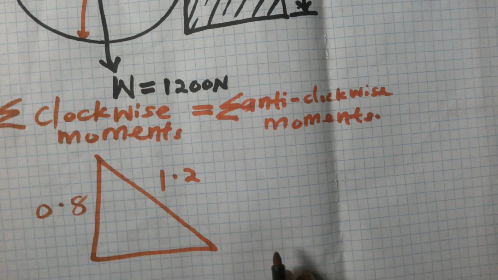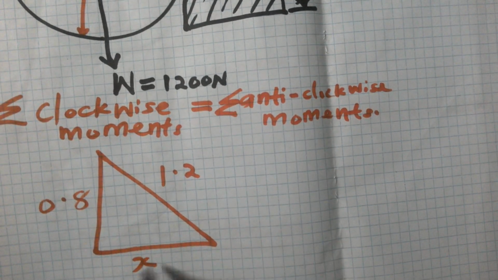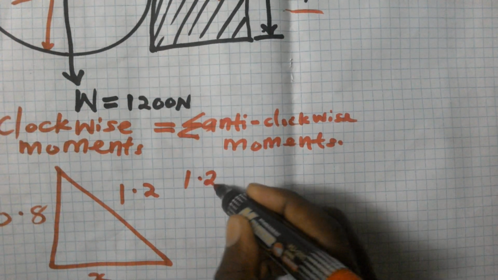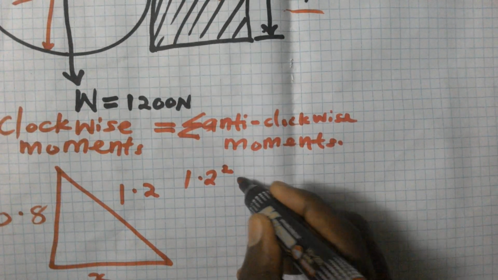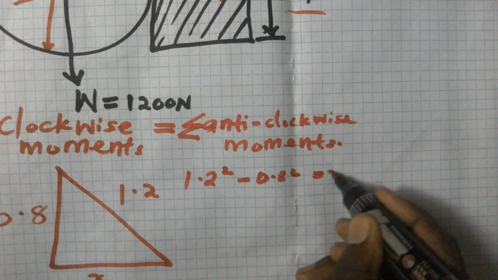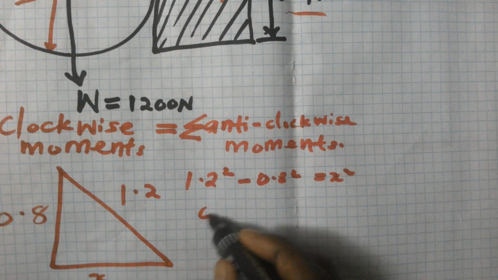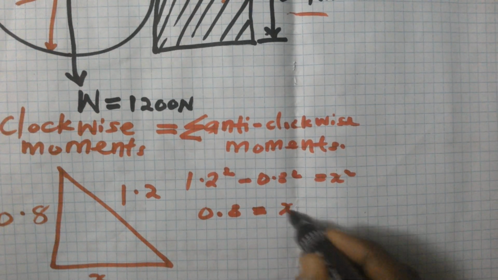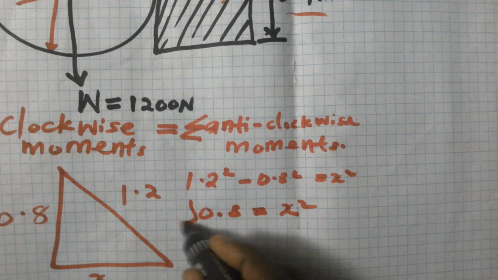So using Pythagoras theorem, you can find this distance x by saying that 1.2 squared minus 0.8 squared should give you x squared. So if you do that, you get 0.8 should be equal to x squared. If you do the square root,